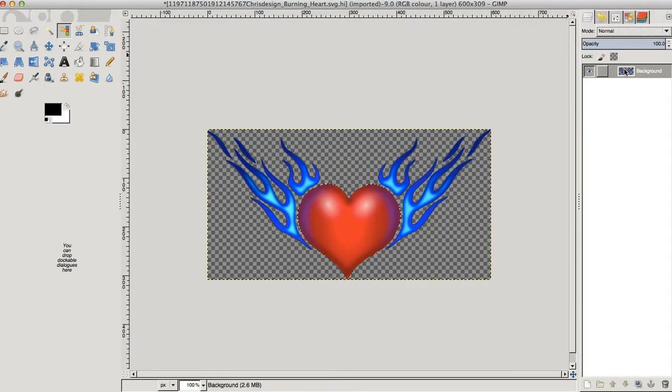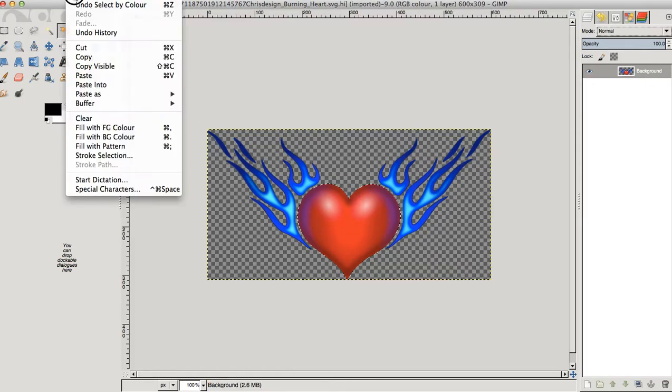That came up. Right, so I've got my one layer. If I want to have this heart in a separate layer, what I can do is go to Edit. I can cut it or I can copy it. So if I want it on its own, a separate layer, I'll cut it